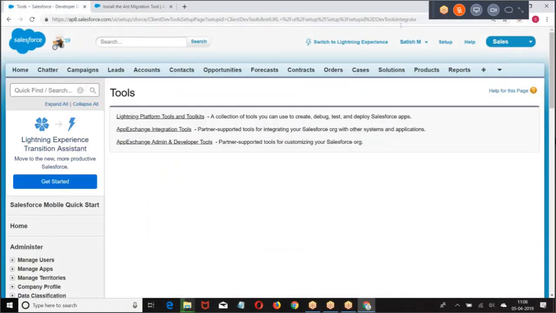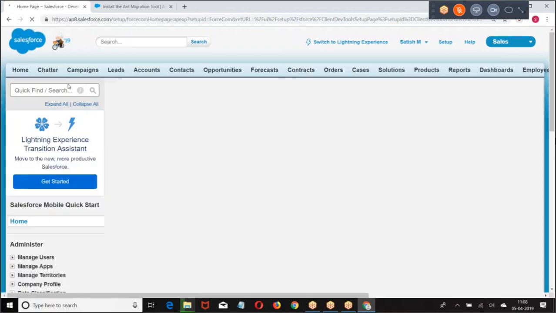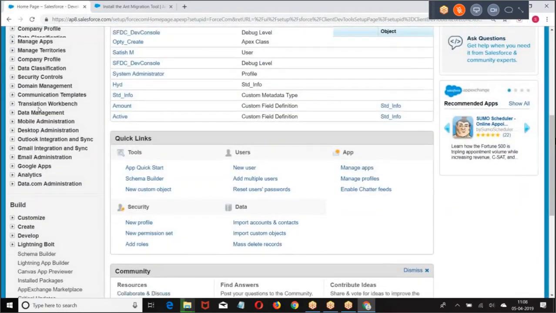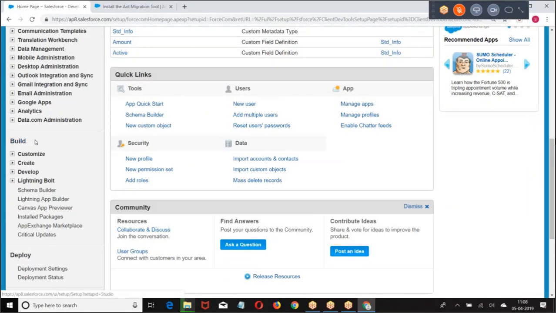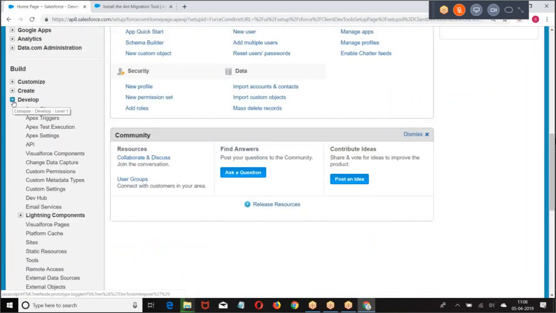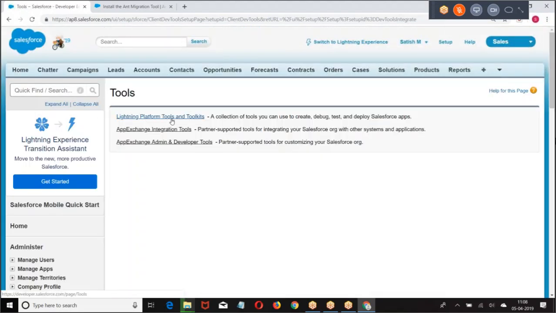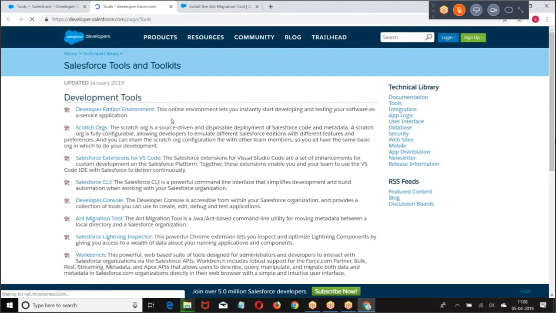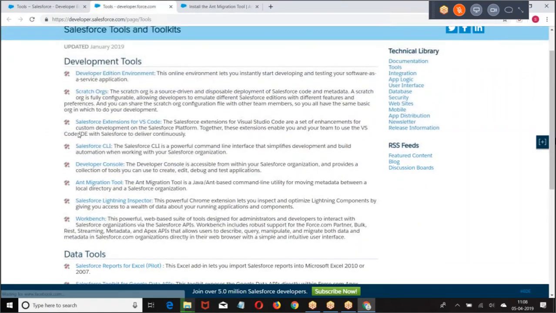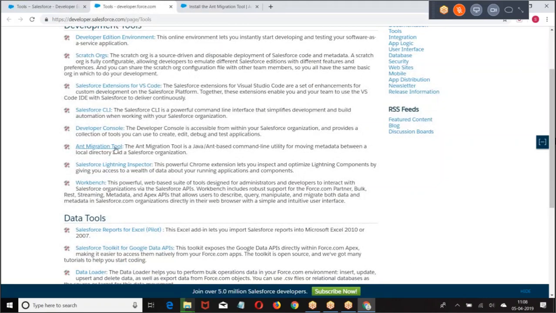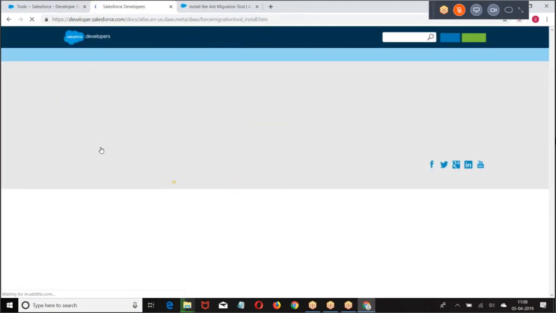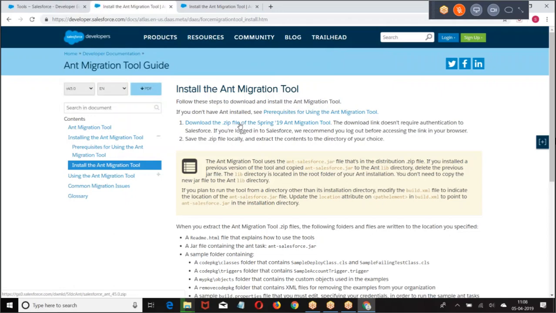Setup, Build, Develop, Tools, Lightning Platform Tools and Toolkits. Then we have the ANT migration tool. Download the zip file. So once you got this, then we are supposed to download